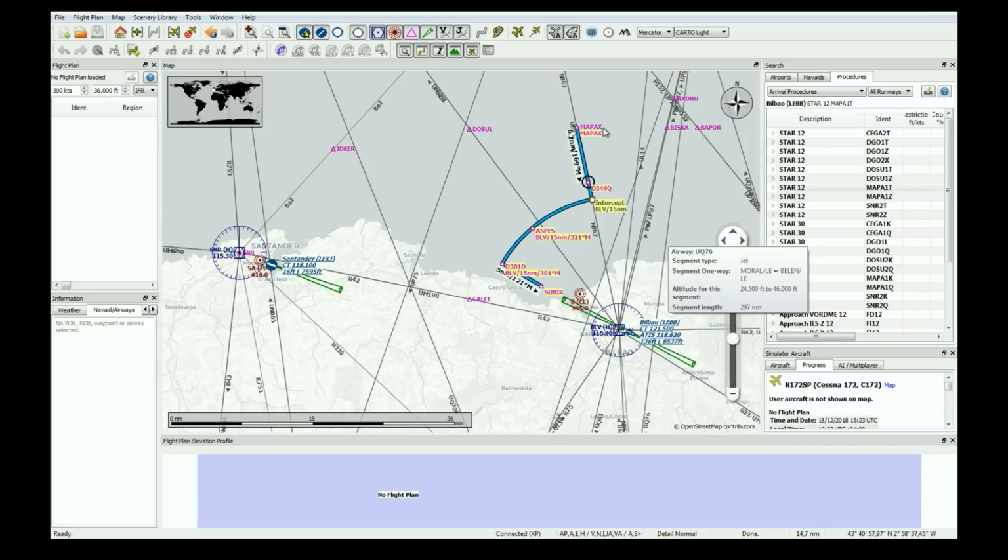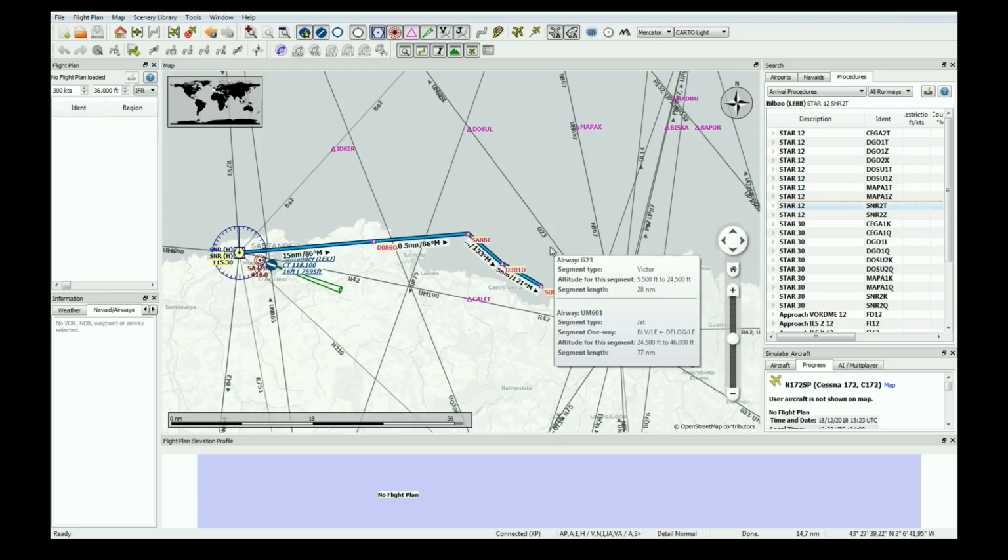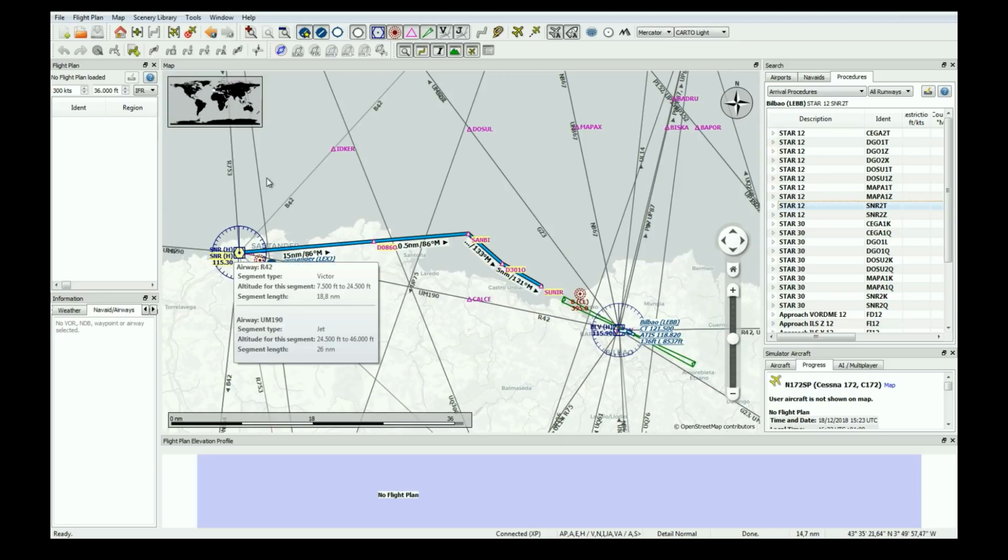So this will be the first one we try, and then I will show you another one. For example, Santander 2T. This one starts over the city of Santander. It starts going east over the coast, so we should have the sea on our left and land on our right.